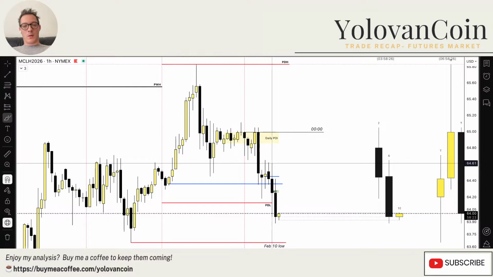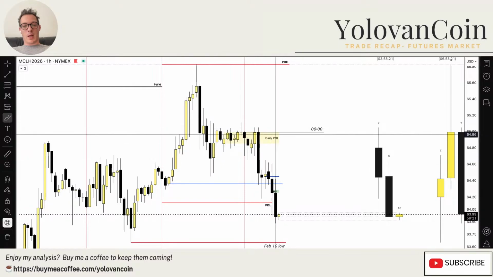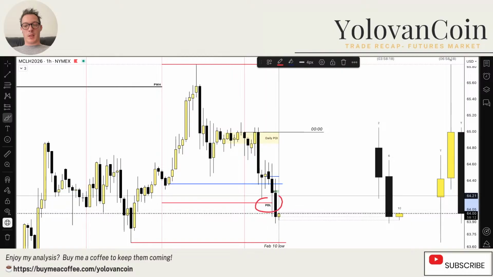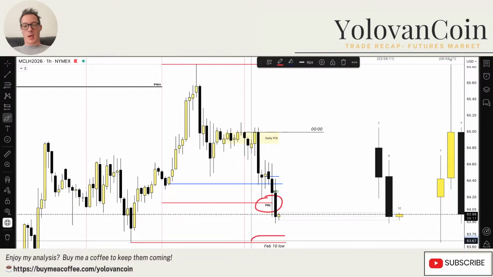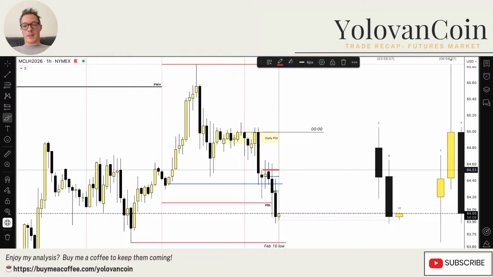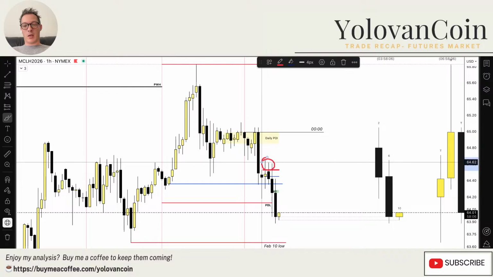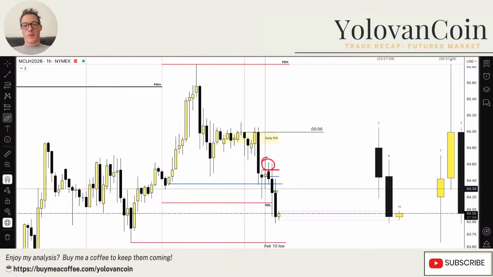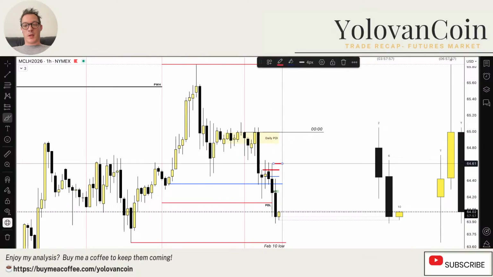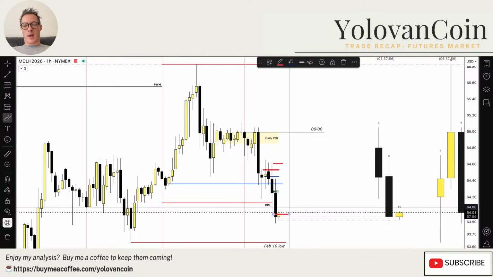So we didn't have any bullish confirmation from the daily POI, so I changed my idea, and I was looking for shorts. I wanted to see a pre-daily low to be taken and the February 10th low, right? We had a C2 closure here into this fair value gap, so this was a good short opportunity to target pre-daily low. If you run it on next the computer, you can still find a continuation model inside this, because